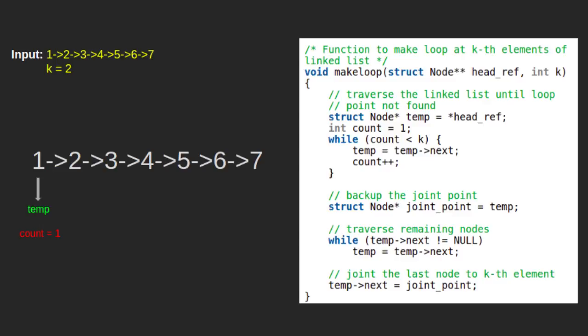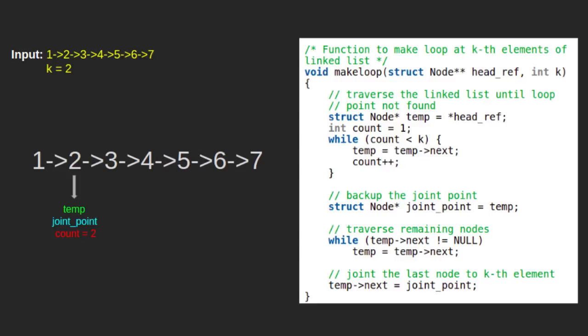In the first iteration, temp will move forward and will point to 2 and the value of count becomes 2. Since count becomes equal to k, meaning we have reached the kth node, we take a backup of temp in another variable joint underscore point. So joint underscore point will point to 2.